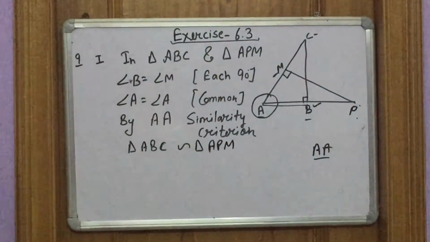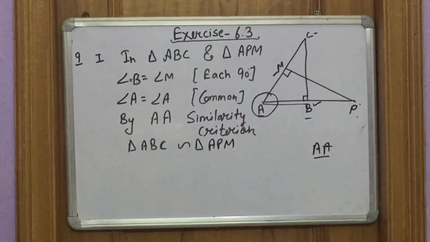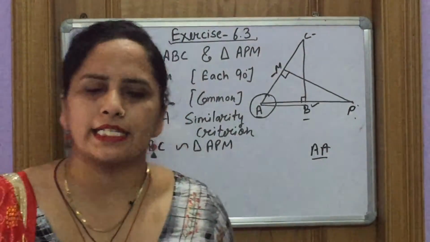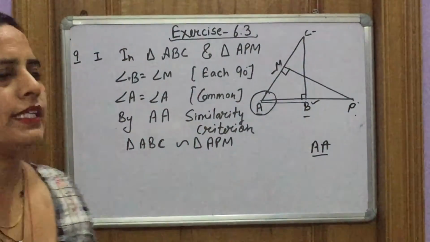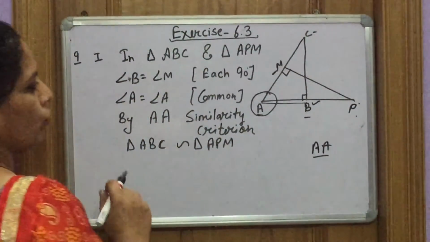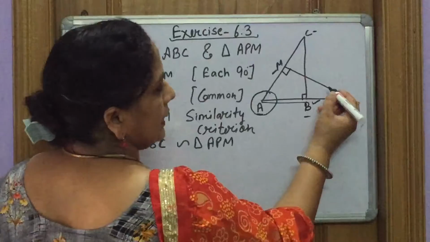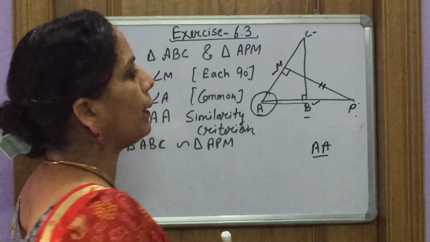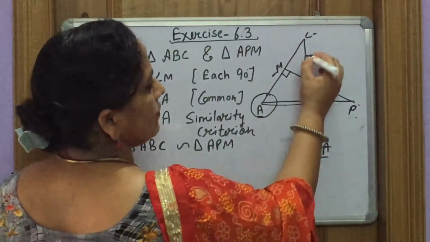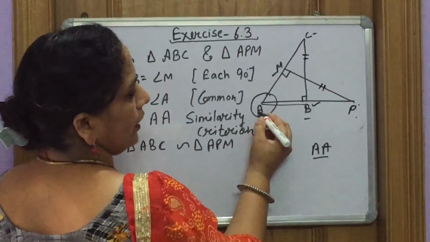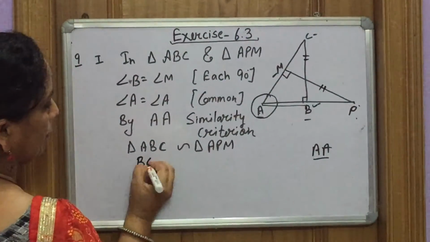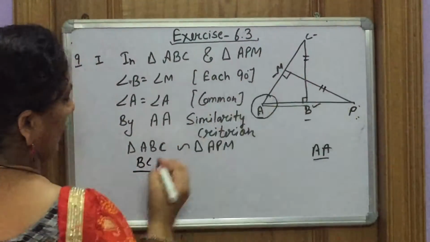Second part is we have to show their sides are proportional, and we know if two triangles are similar, then all their sides are in same ratio, they are proportional. So we can say that this is the perpendicular of triangle APM and this one is the perpendicular of triangle ABC. So perpendicular of first triangle BC and PM,